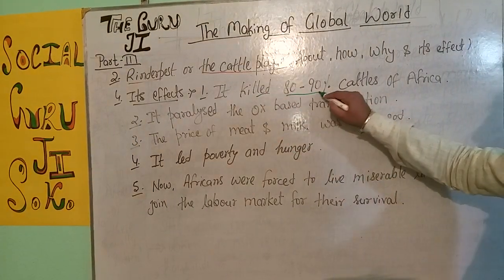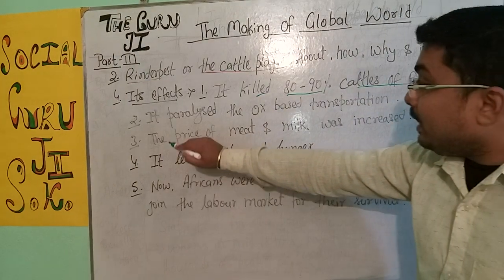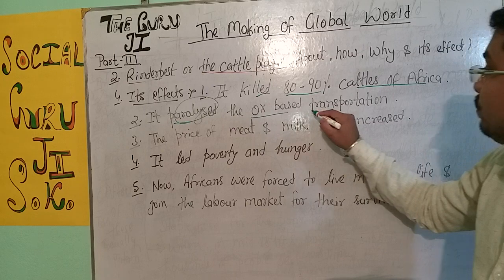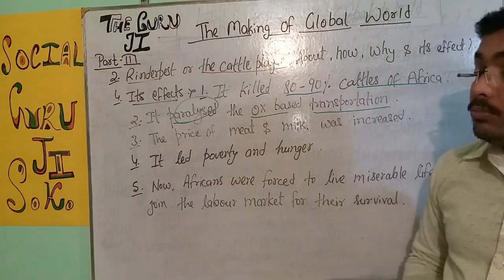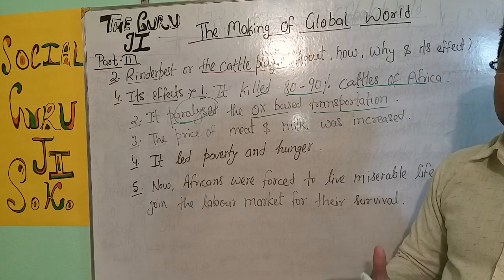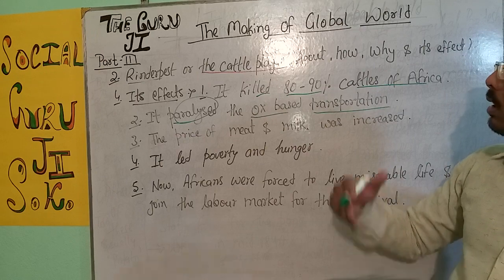It killed 80 to 90% cattle of Africa. Secondly, it paralyzed the ox-based transportation. Basically, in Africa ox-based transportation, it means bullock carts, are normally used for transportation, which due to